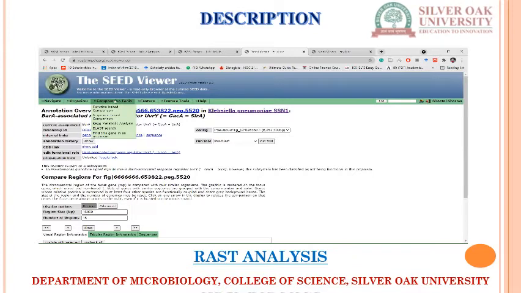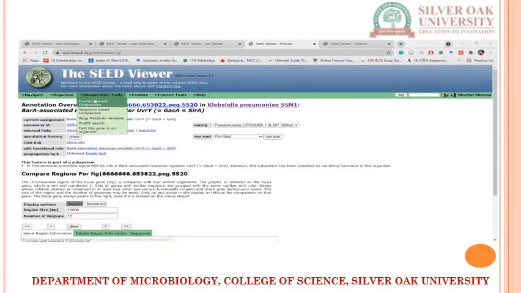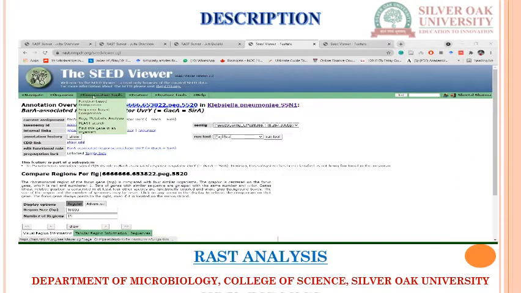Another is the comparative tool. First is function based, then sequence based, KEGG metabolic pathway, and BLAST search based. We will see these one by one in the next video. With function, sequence, KEGG metabolic, BLAST search, you can find a gene in an organism, to find a specific gene. First of all, we will see the function based comparison. Click on it.